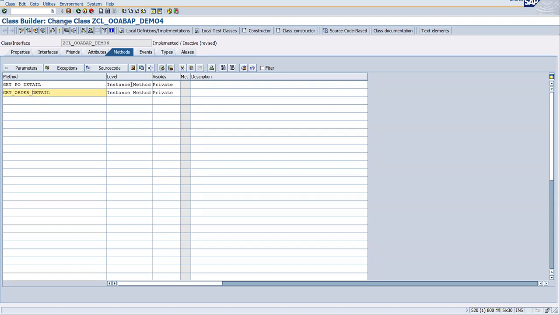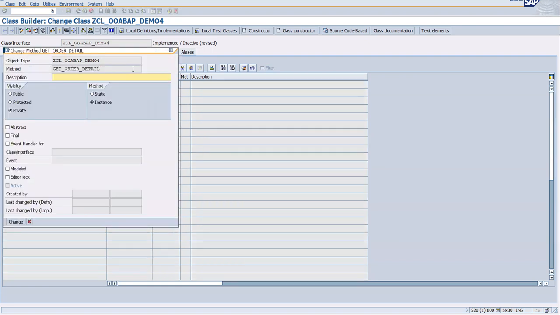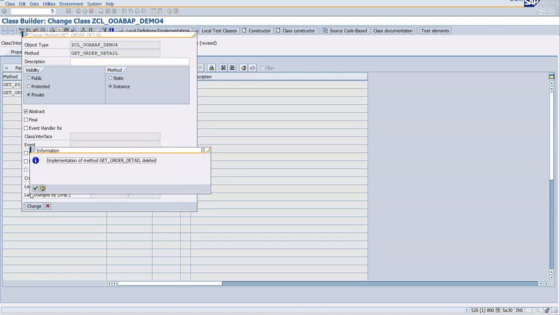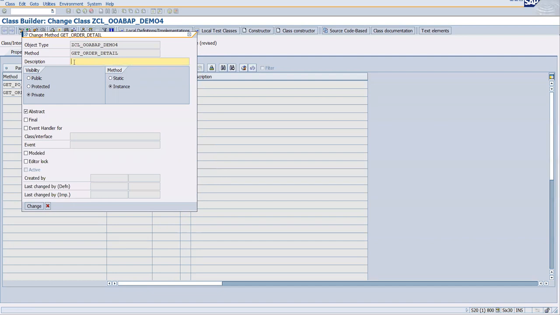So put the cursor over here and click on this option. Okay, go to properties, and here you will get an abstract option. Okay, so just select this one, and now you will see the implementation of the method will be deleted. So if something is abstract, its implementation obviously will be deleted, and you won't be able to write the code in that particular method, right? So click on this OK button, and here